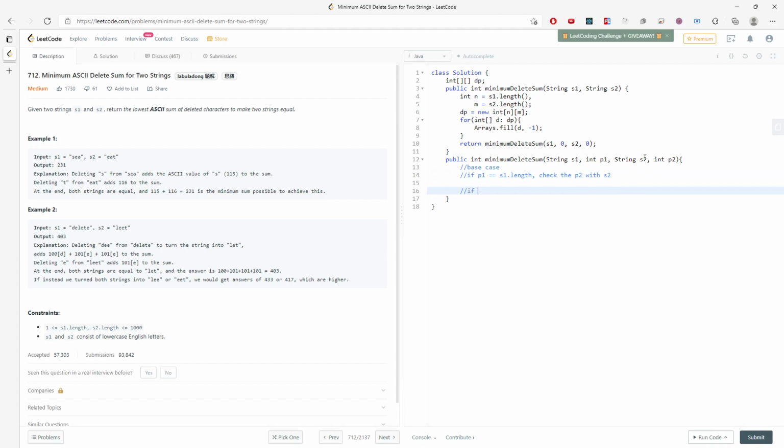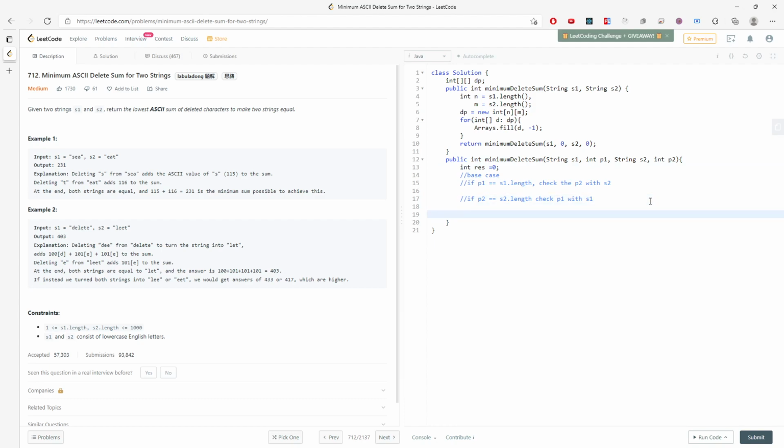If p2 is equal to s2.length, check p1 with s1. This is because if your index has already hit the end of S1, you cannot actually keep traversing. You need to keep adding the rest of the characters in S2 into the variable you need to store, right? So I have a variable called result equal to 0,